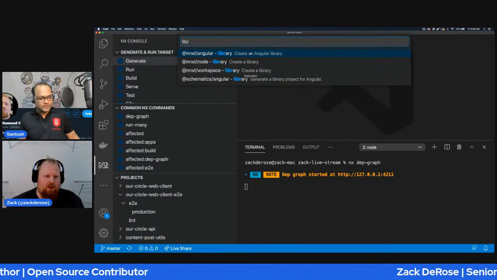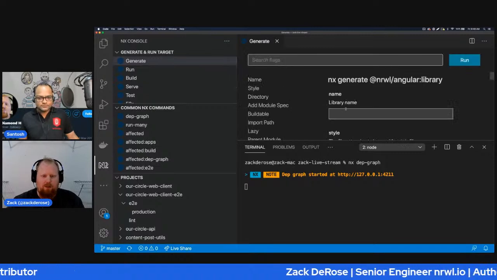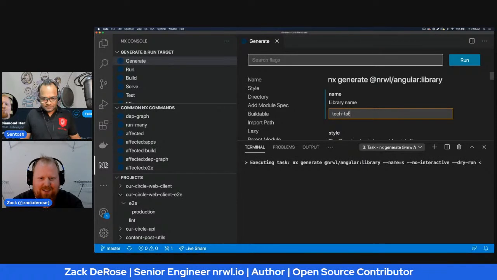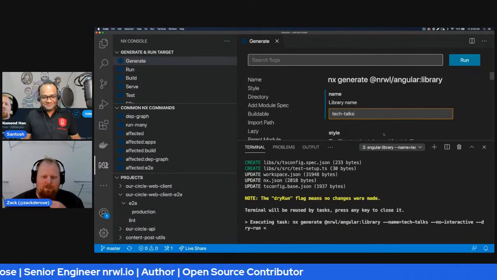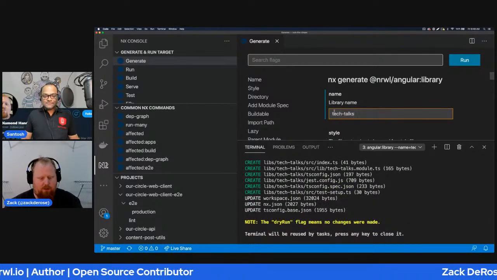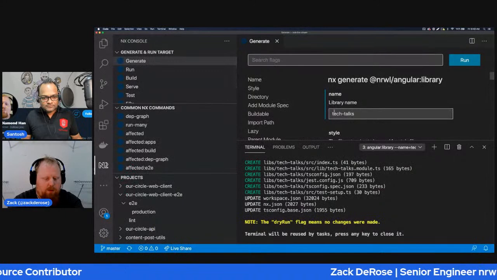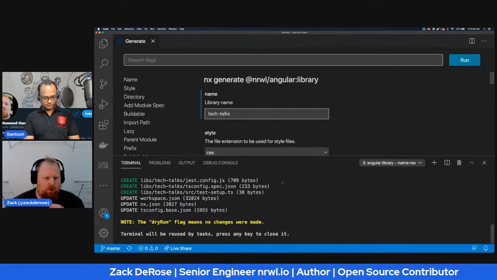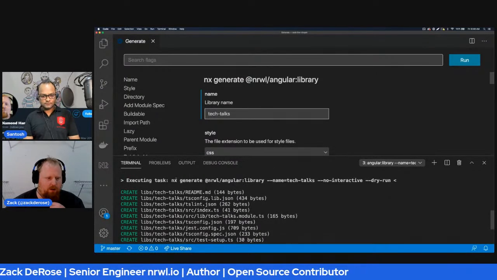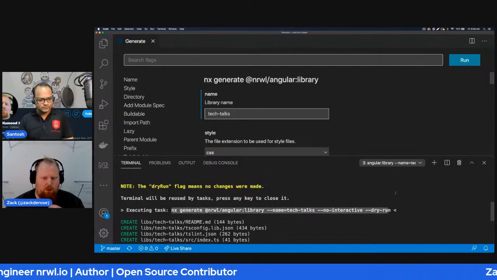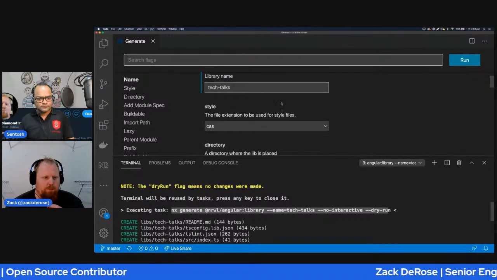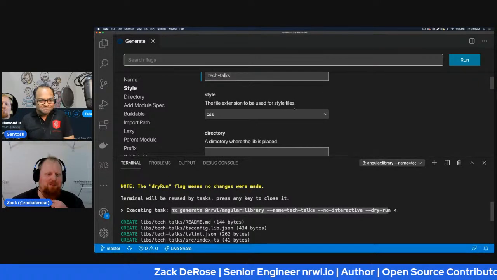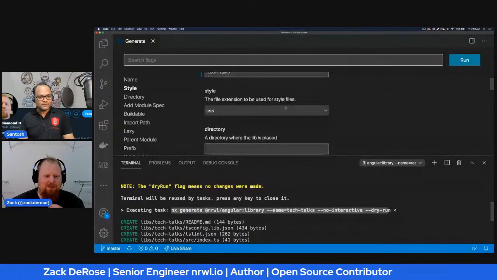So let's go ahead and make an Angular library because everyone loves Angular. We'll just call this Tech Talks, the Tech Talks lib. And let's go with the tools here from NX. Let's close the sidebar real quick so we can have some more room. You'll see there's a little terminal that opened up. What this terminal is actually doing is running a dry run based on the form we have up here inside of the plugin. And I'm all blown up right now. My Zoom's turned all the way off, so forgive me if it's a little cramped.